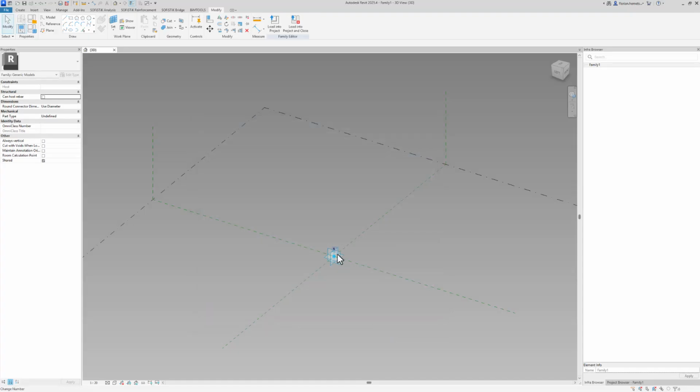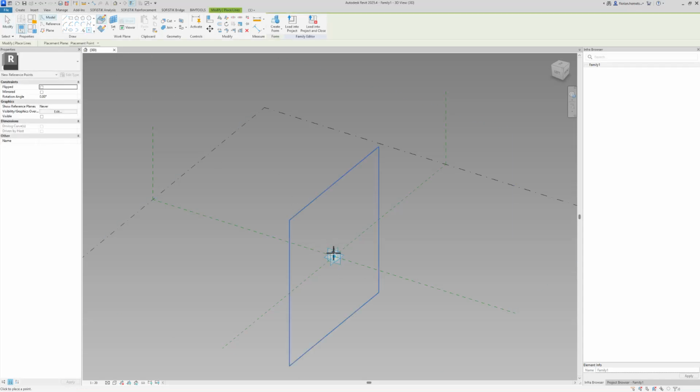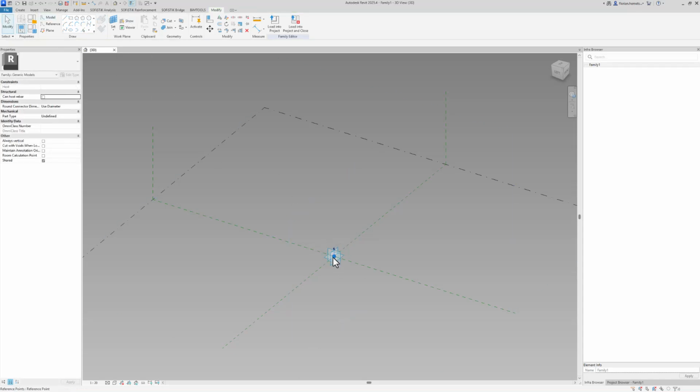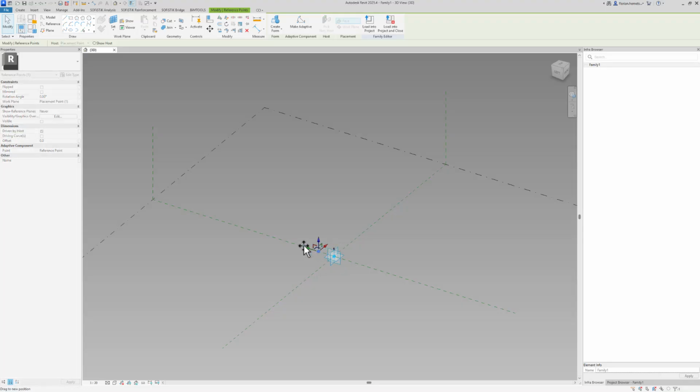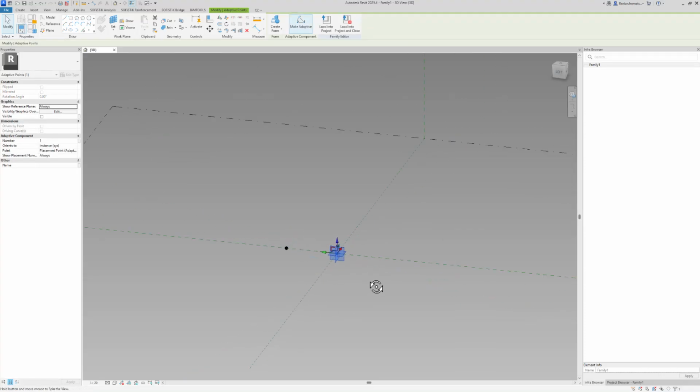When I now start by creating and setting a work plane to create my reference point, in my adaptive point, I can select it and move it orthogonally to the plane it was created in. You can see that the offset changes. You instantly notice if this is the reference of our axis, we now want half the width of the deck to be assigned to this point.